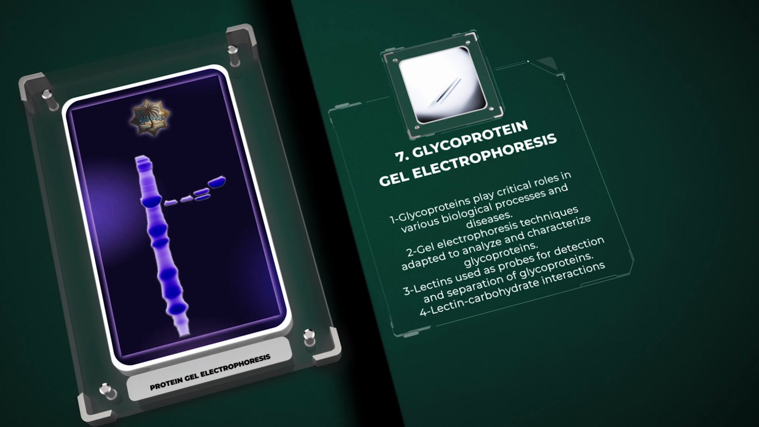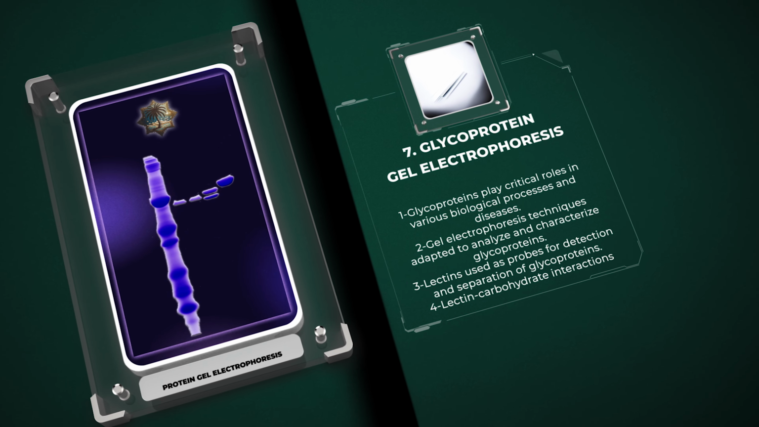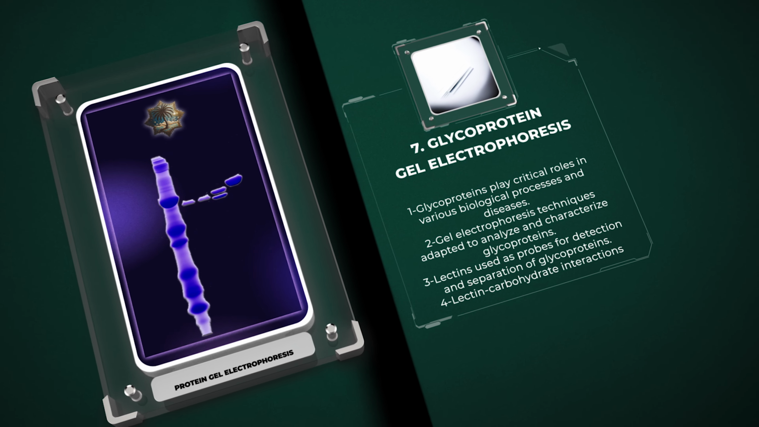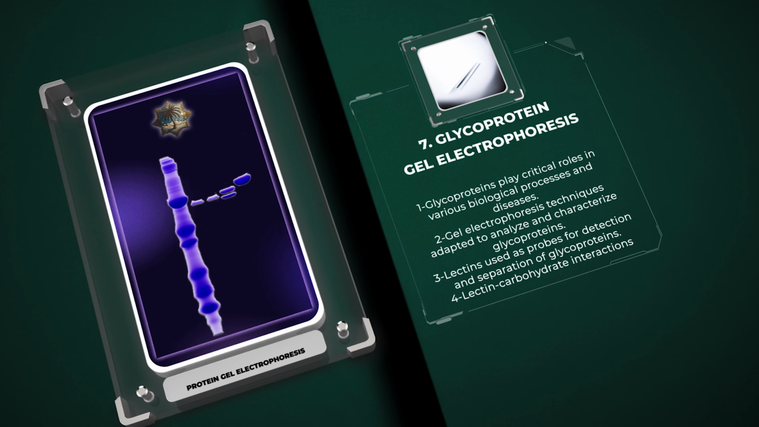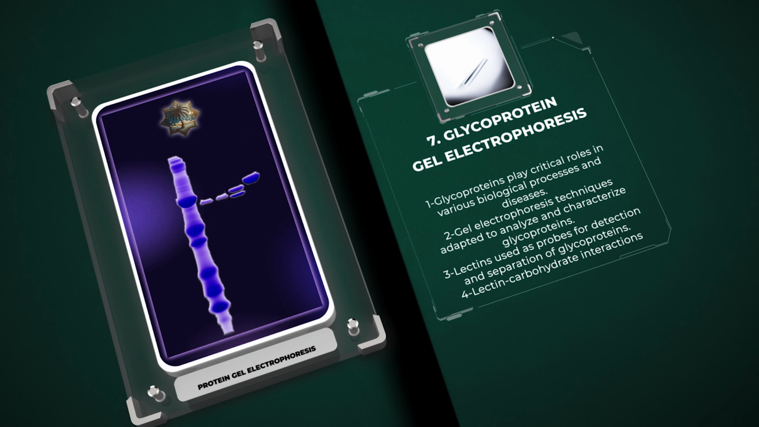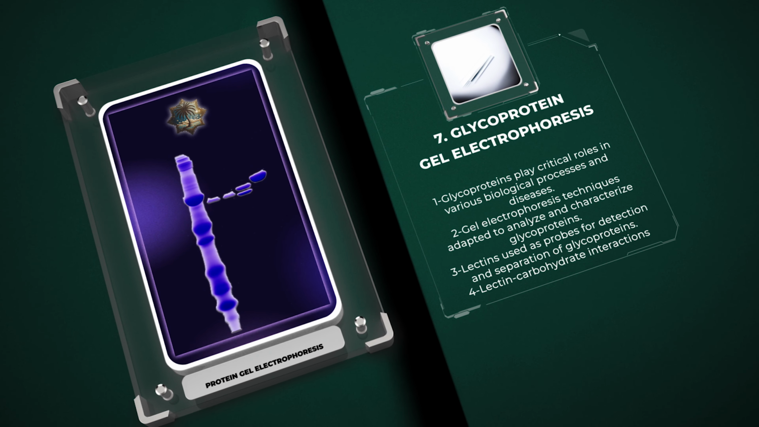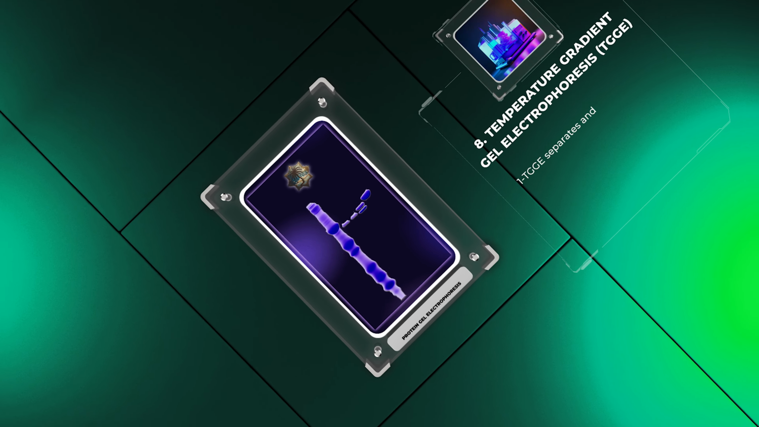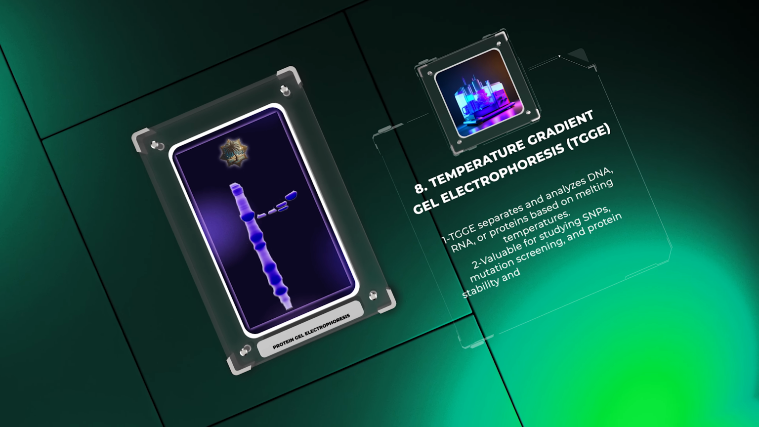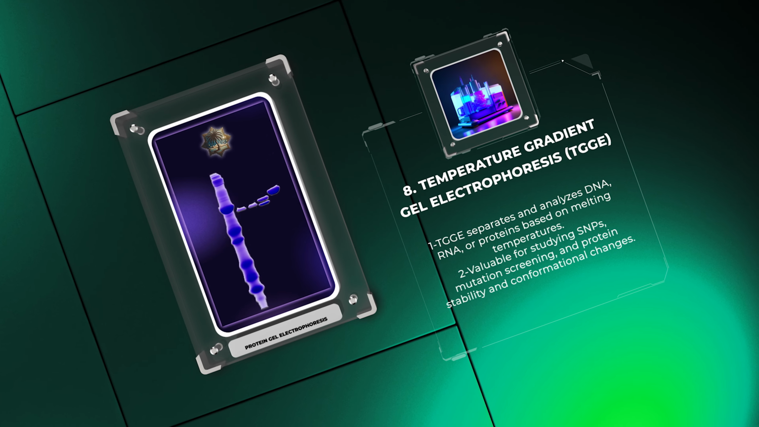Glycoprotein gel electrophoresis involves the use of lectins, proteins that bind to specific carbohydrate structures, as probes for the detection and separation of glycoproteins. By exploiting lectin-carbohydrate interactions, researchers can identify and explore changes in glycoprotein expression and modifications in different biological samples. In TGGE, a gel with a temperature gradient is used to separate and analyze DNA, RNA, or